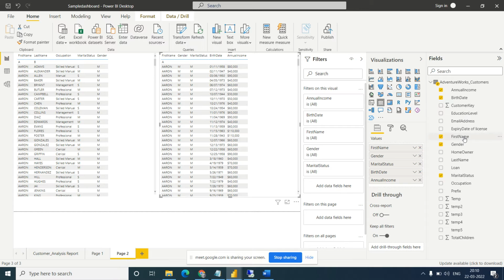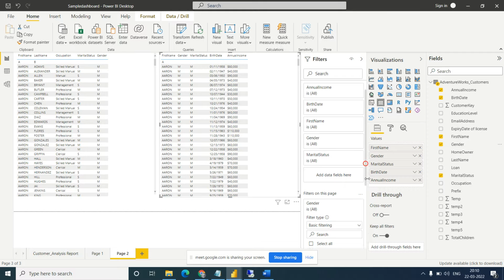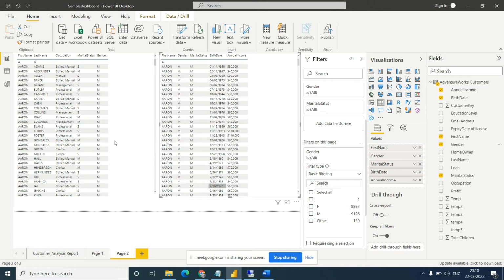Let's say gender. I will take gender on the filter on the page. Can you see this filter on the page? Put it on this. Now there is no filter on both the charts. If I select male, it is applying on both, it is showing male only, right? So it means it applies on the whole page, however many charts there are. It is not specific to one chart; it will apply on the complete page.